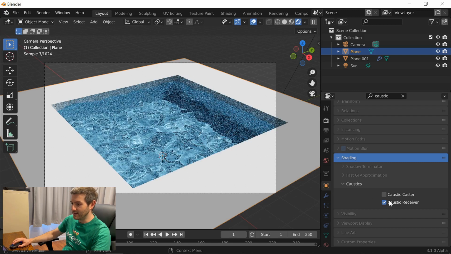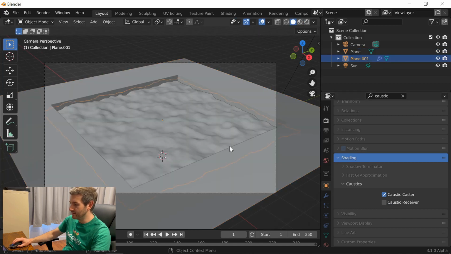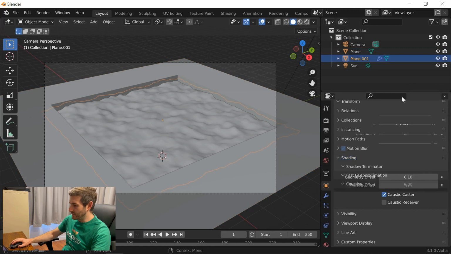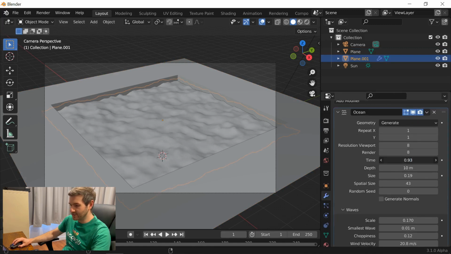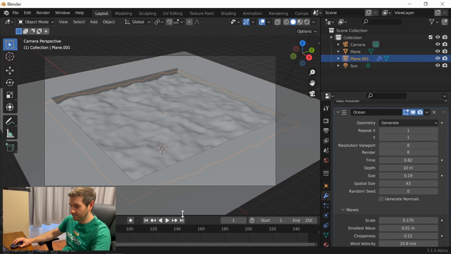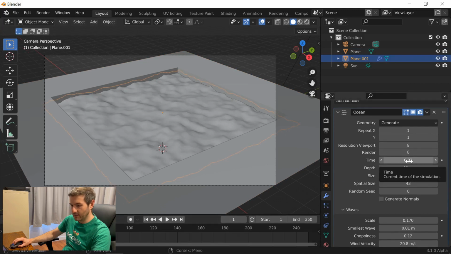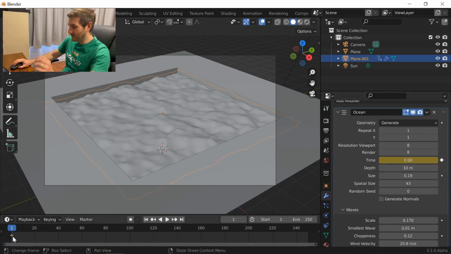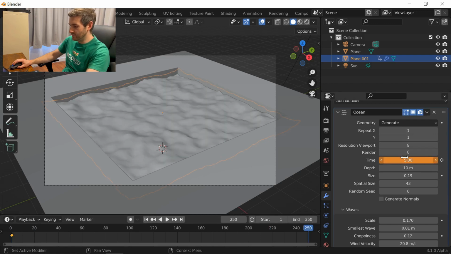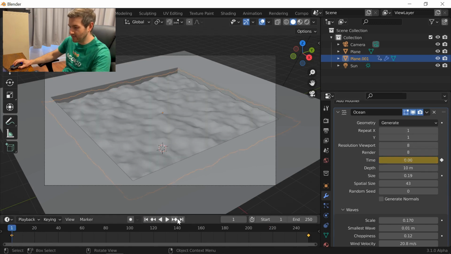And if you want to, you can animate this swimming pool. You can click on your wave modifier here, and you can animate this time feature here. So you can just bring up your timeline, and at frame 1, set it to time 0. Click on time, press I to activate keyframe. Let's go to frame 250, set it to something like time 5, and then press I to keyframe it there. And now if you play the timeline,